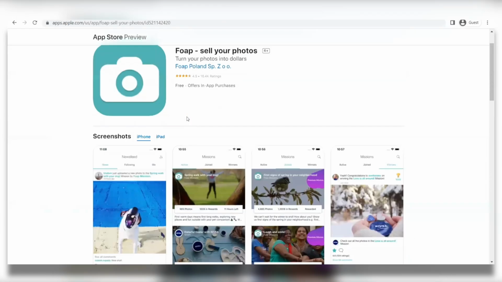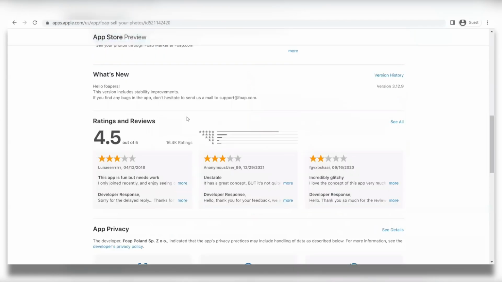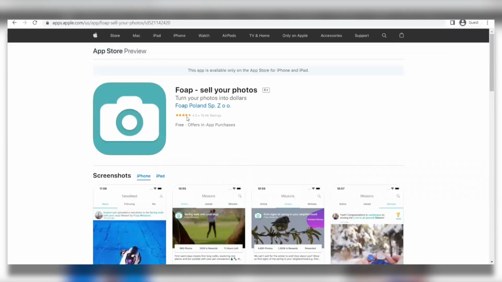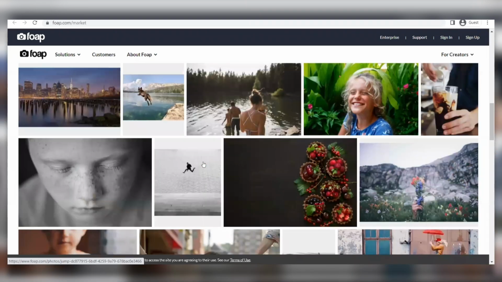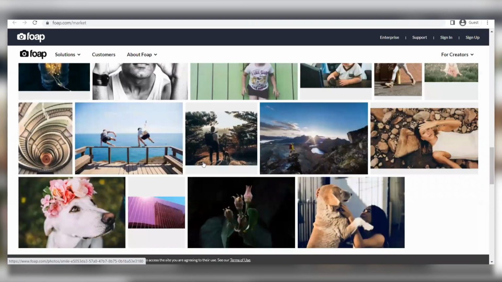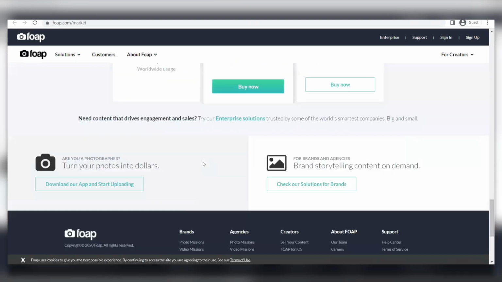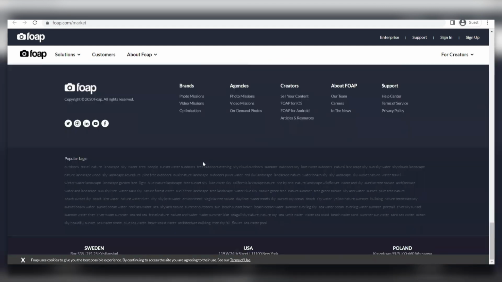So really quickly, I want to show you the entire library on the Fope app or website, and you can see there's so many high quality photos that people are selling on this app, and they're making so much money with these photos. And the best thing that I like about Fope is that they give you a passive income opportunity. As soon as you upload the photos on this platform, even the next week, the next month, the next